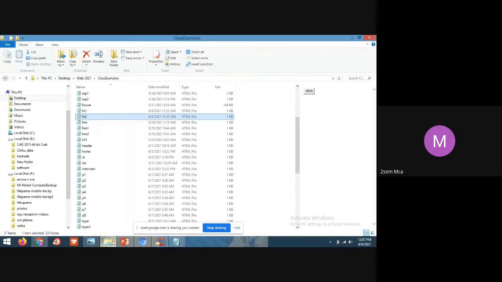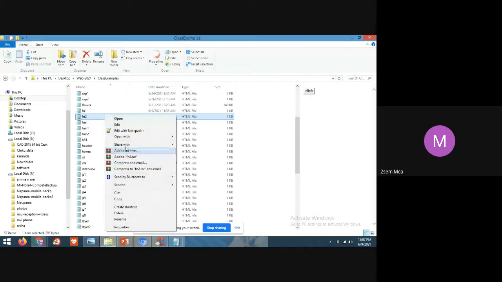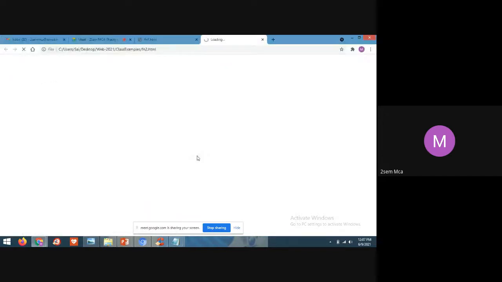We'll execute and see what the output will be. See, click. See here, the output is here only, students. For the first example, the button name is call function, and for the second example, the button name is click.